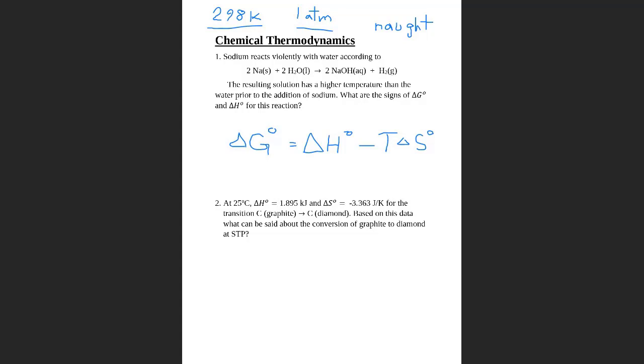So we're just going to jump right into this question. Sodium reacts violently with water according to the following equation. The resulting solution has a higher temperature than the water prior to the addition of sodium. What are the signs of delta G, delta H for this reaction? So as you mentioned, delta G has a